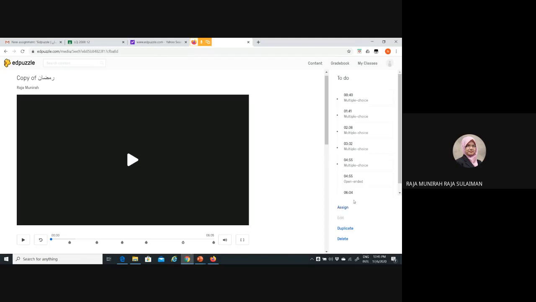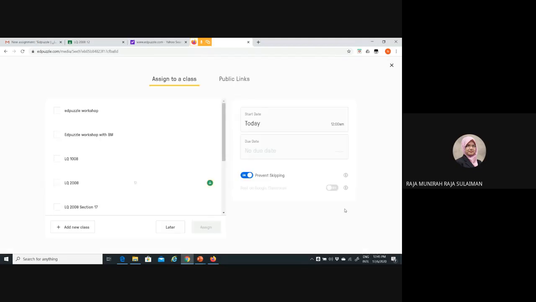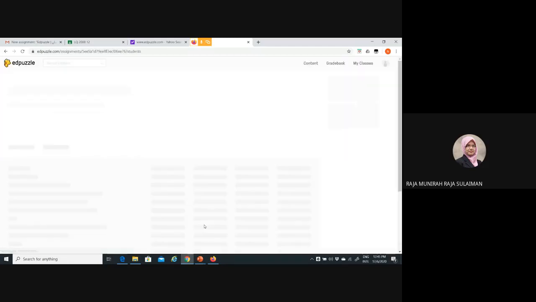There is an assign button here. You click assign, and then you choose which classes you want to assign to the students. For example, you want to assign to this group, you click and then you assign.